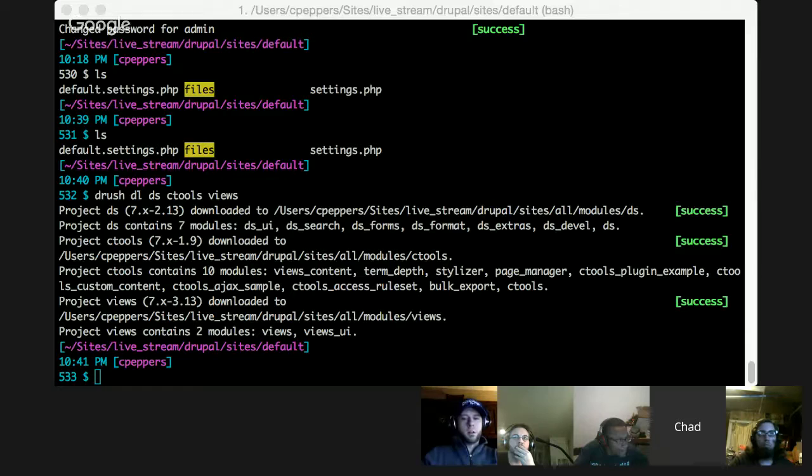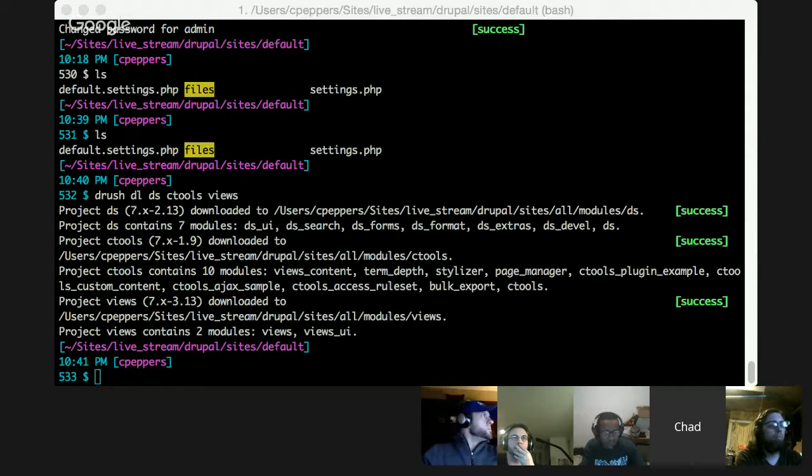So Display Suite, what it does is by default, this is all you get when you manage the display. And it's really not that great. What if I want to wrap the body with a div, or what if I want to add a class to a body? You can do that using what's called preprocess functions and a lot of coding. But Display Suite just allows you to do that right here. So a lot of times when you're building a website, you spend a lot of time here just moving stuff around and testing things out.